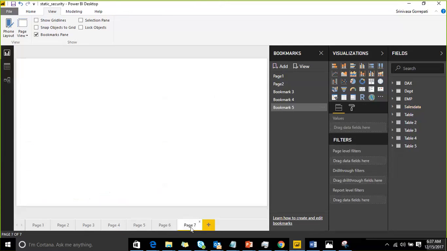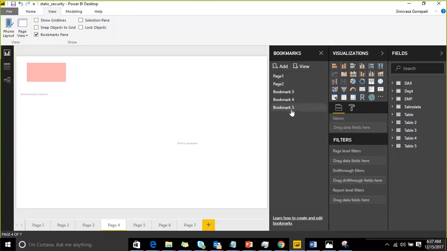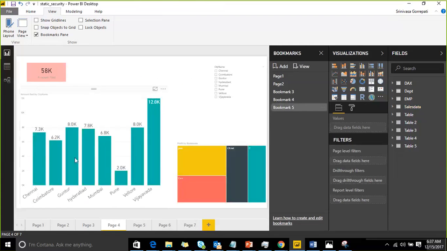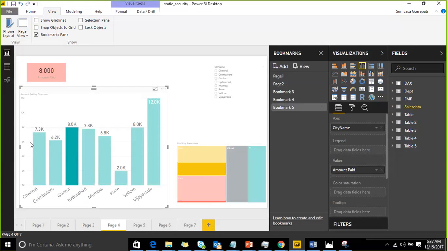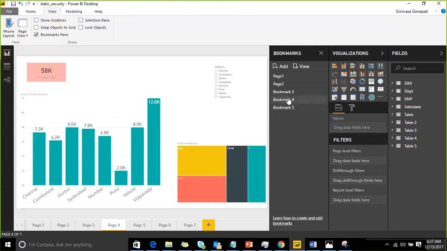Now if you click on file, one second. Page 4.